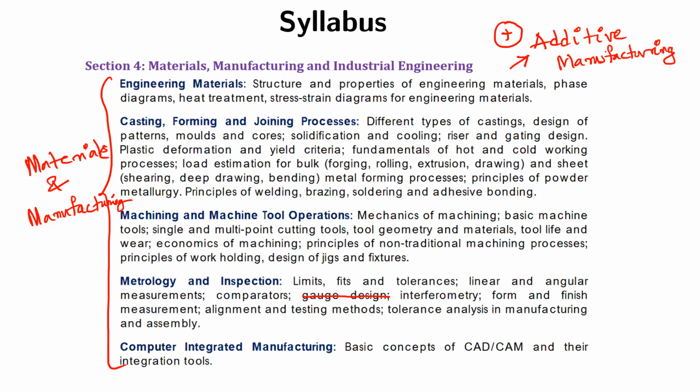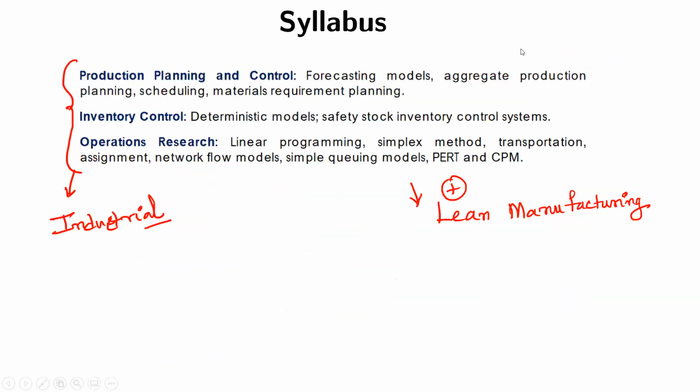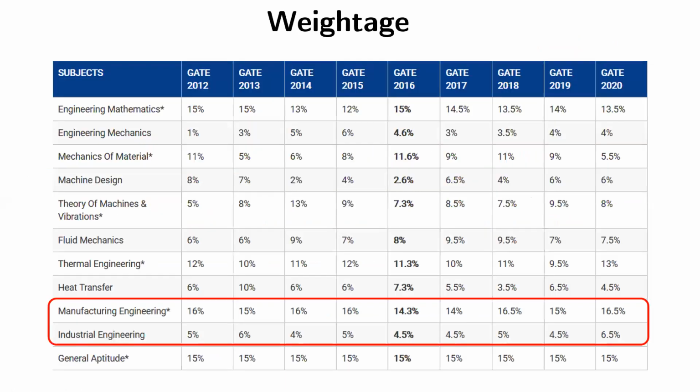Fine. And I'm going to discuss this complete section 4. And coming to weightage, I've taken the past 9 years of data here. So you can see it's very, very important. Some people think that this is boring, but it's very simple and very, very easy. You have to struggle a lot to understand the concepts and apply them to the questions